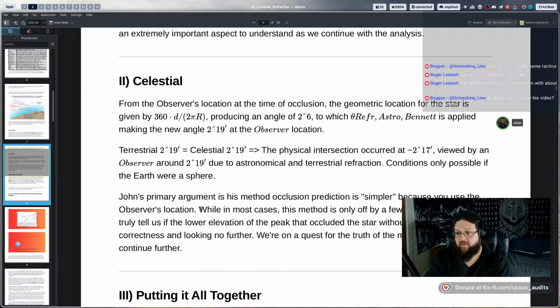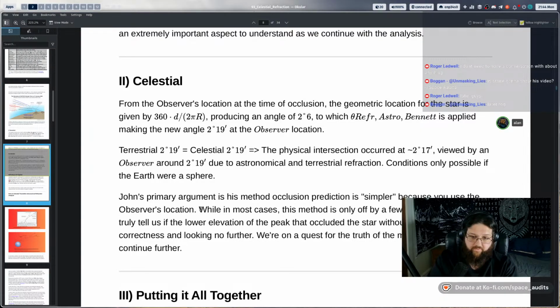And even in the papers where they're going over how to compute the conditions and how they model it, they're like, man, it would be really nice to have some actual quantifiable temperature and pressure measurements, because of how they have the lapse rate here terrestrially. They assume a uniform lapse rate to create the refraction conditions to lift everything up, but that's completely different than the conditions where that thermal transfer from the surface isn't taking place or having that much of an effect. So the temperature and pressure conditions between the star and the peak are not even close to being the same as what they are on the ground.